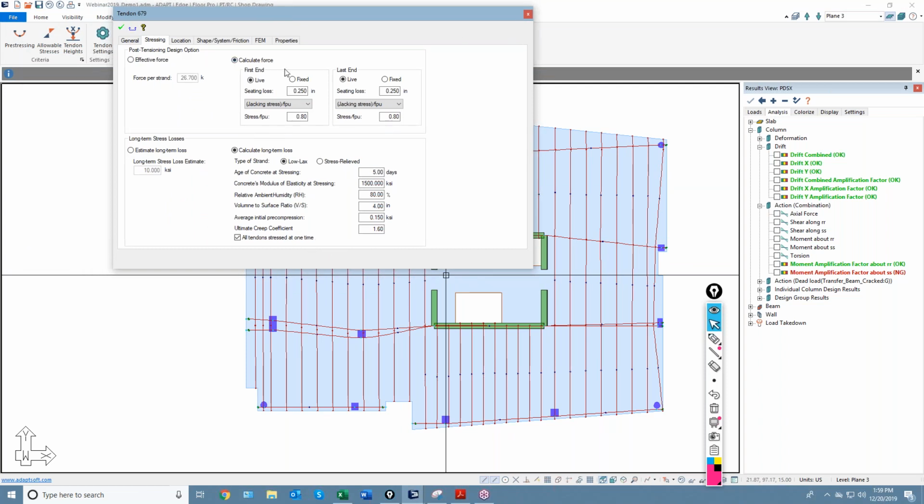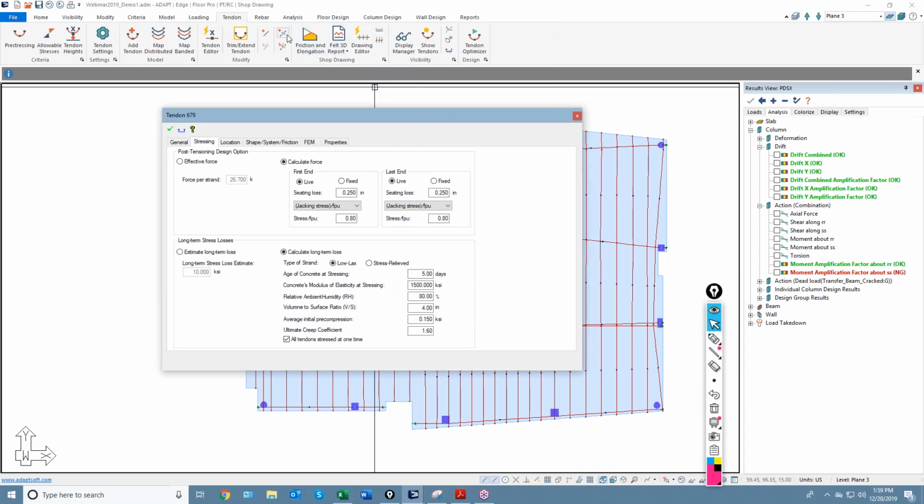Even if you were using the calculated force method in the previous version, the program would require the user to enter a lump sum long-term loss. We now can consider that specifically, per calculation of long-term losses, if you select this option. If you go back to effective force, both of these get turned off. If you use calculated, and you have the PT shop module enabled,